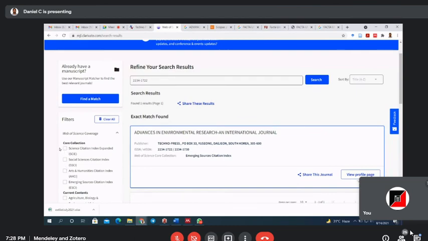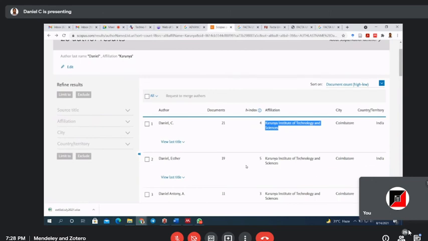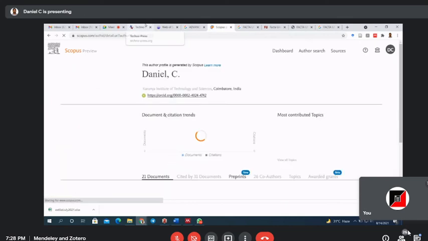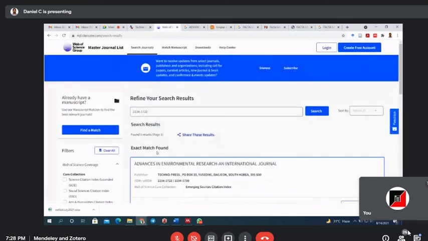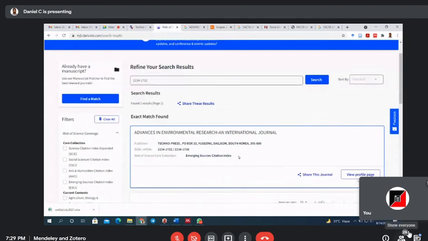Q1 journals are not only in Scopus, but Q1 journals are mostly SCIE expanded, right? But you will not have these kind of profiles. If you click here, you can find all your articles. These options are not there in Web of Science. That is the reason searching by article is hard. This year it may be Emerging Source Citation Index. For example, you may publish your article in this journal. Next year, this journal may not belong to Emerging Source; it may belong to Science Citation Index. So what you will tell is that, okay, this article is in one more SCIE indexed journal.